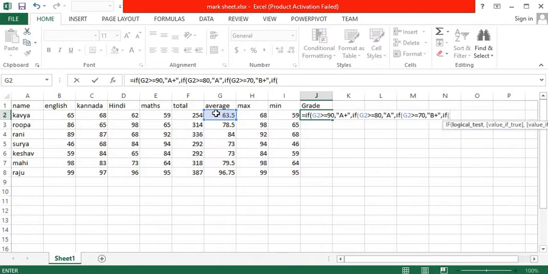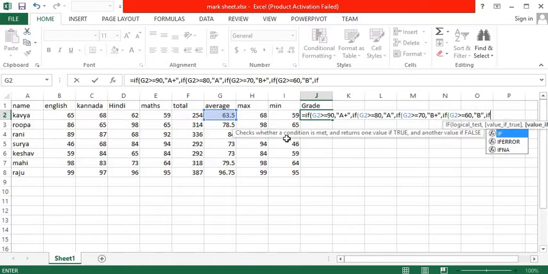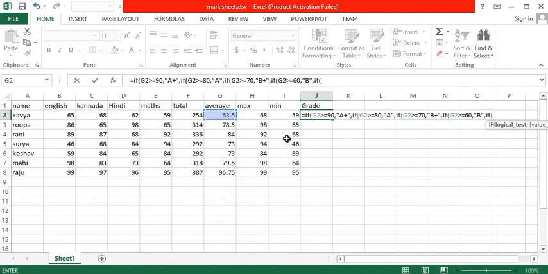IF, open bracket, if average cell is greater than or equal to 60, comma, my condition is it is B, comma. IF, open bracket again, if the average cell is greater than or equal to 50,